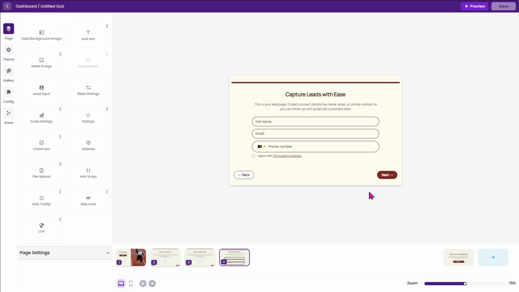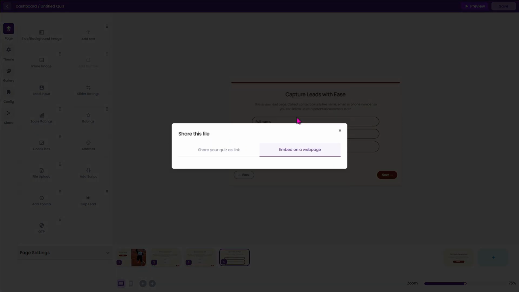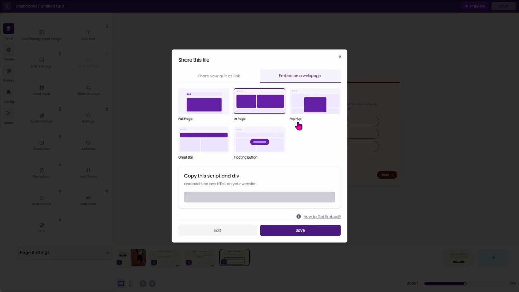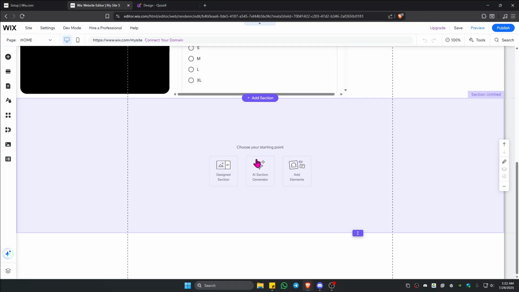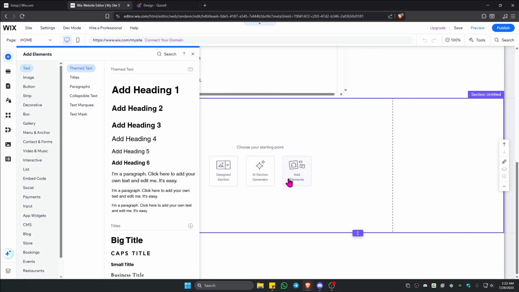And to make this pop up on your Wix website, just go ahead over to share, embed. You have the option for full page, in page, or pop up, read bar, floating. I'm just going to use in page, copy code, save it, close, go back to your Wix editor, add element,